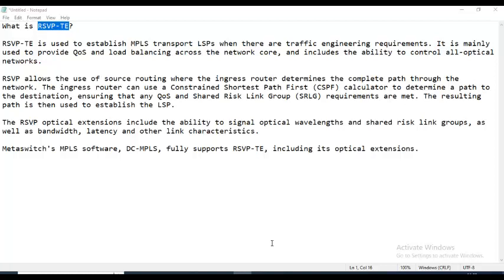So we need RSVP to be cleverer than the routing protocol. Of course, I call the routing protocol dumb. Yes, it cannot do what this RSVP can do. So we need a protocol which is cleverer than